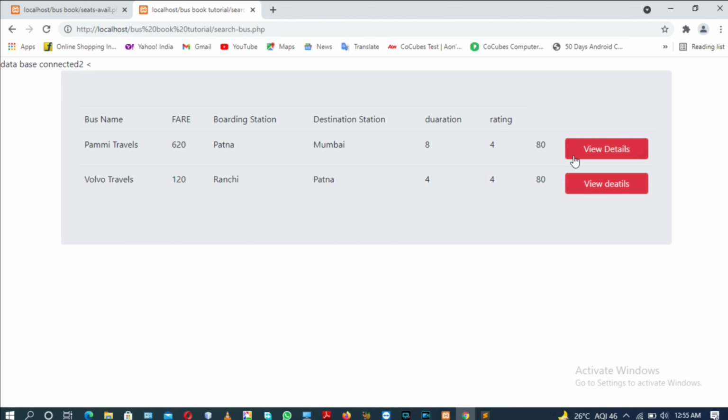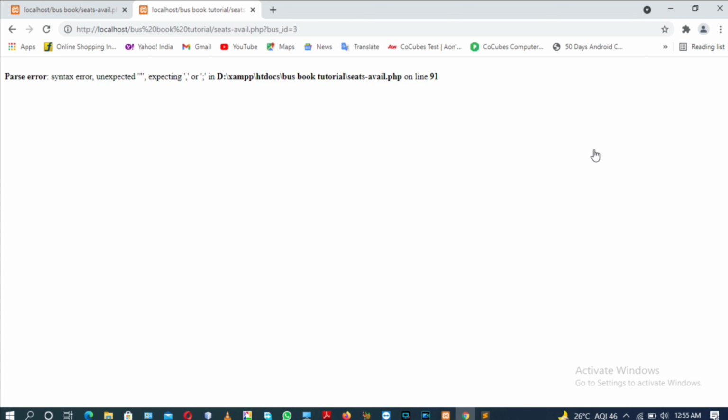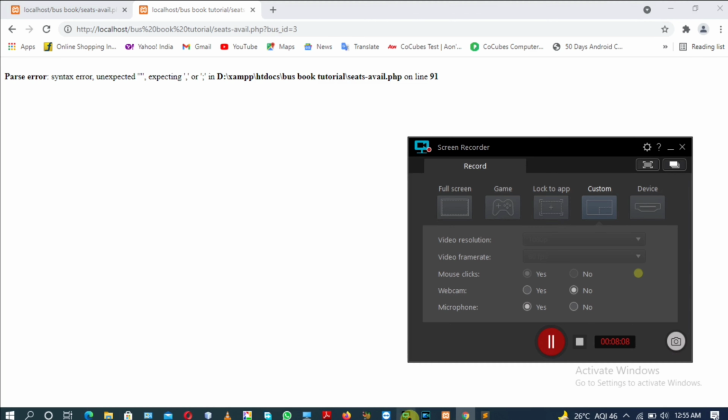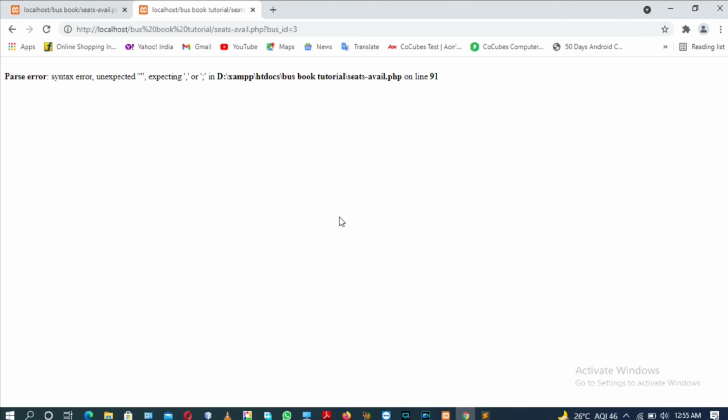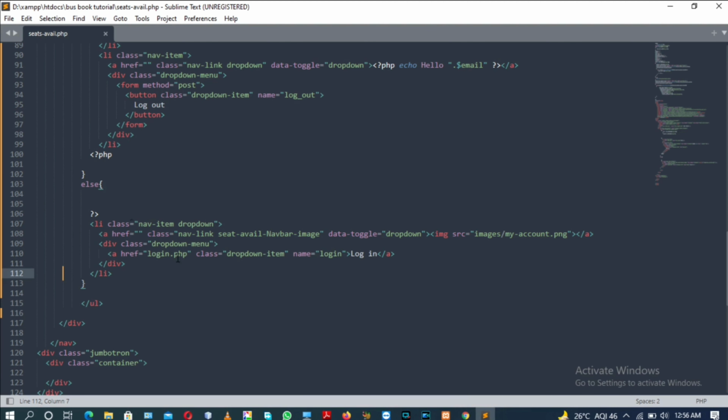Okay, there is a syntax error called parse error in PHP, which is on line number 91. It's unexpected double inverted comma, expecting comma or semicolon. Okay, line number 91.